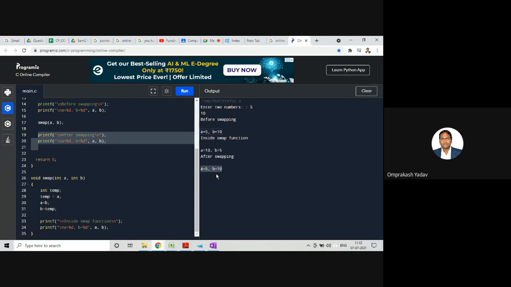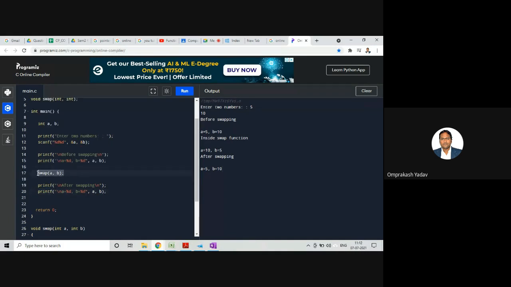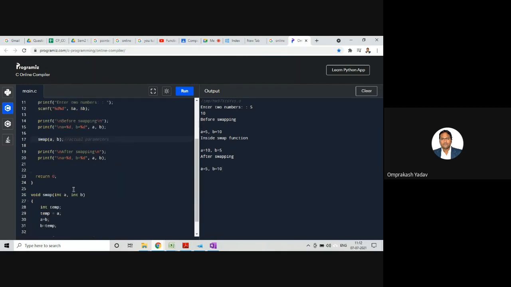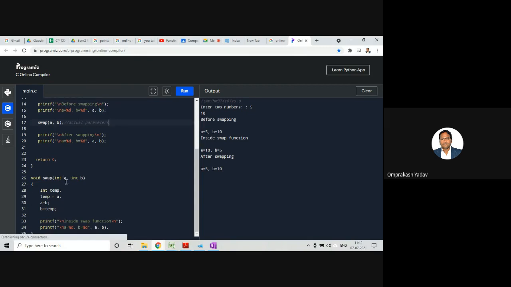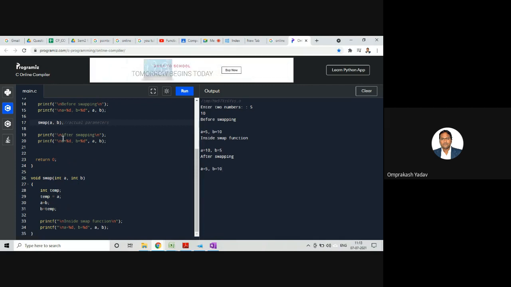So it's happening in the swap function, but here in the main function, where we wanted to swap it, after the function call it must swap, right? But here what we are seeing is that it has not swapped. So remember one thing, the function call which we are making over here is with the help of actual parameters, right? I have told you that whenever a function call happens, it will pass duplicate values. It will first create the duplicate values of A and B, and those values will be passed to these two functions. That is a formal parameter. So these formal parameters will receive the duplicate values, not the original values.